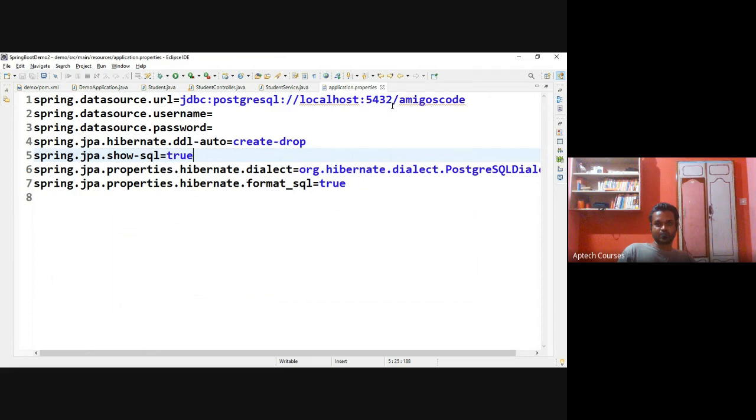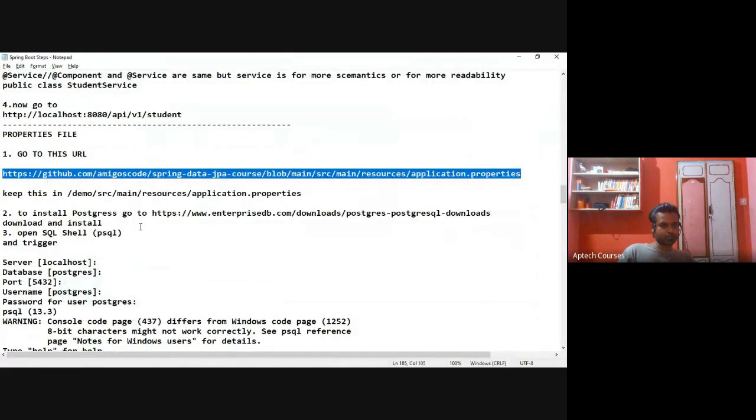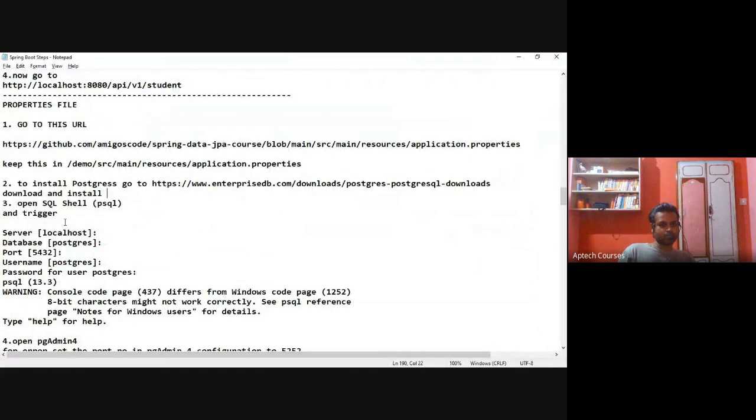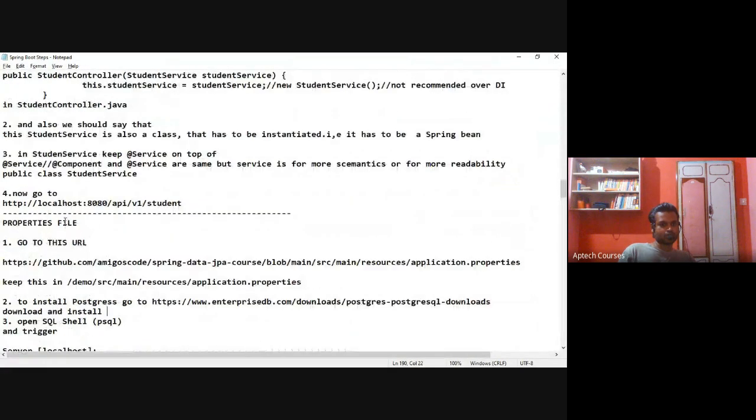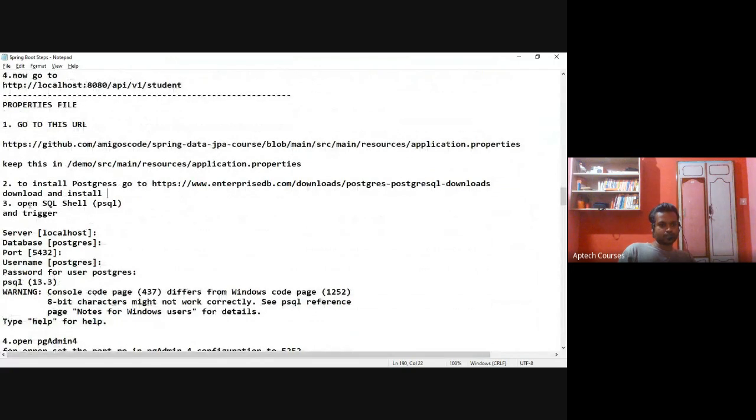This is the database. We are going to create some different database. Later we'll see that. As of now, we are not using Spring JPA. Spring Data JPA we are not using. That we have commented. Okay. Then what we are trying to do here? Observe. We are going to see.